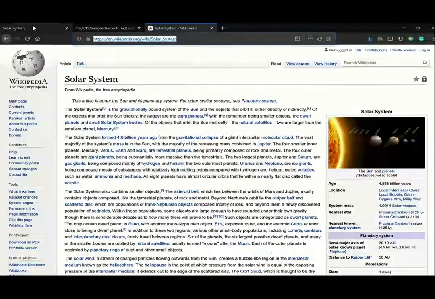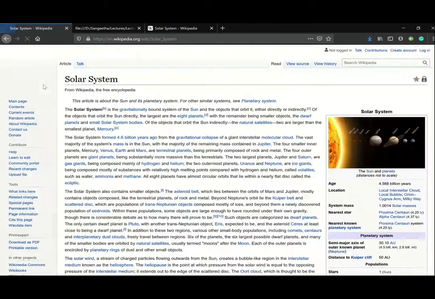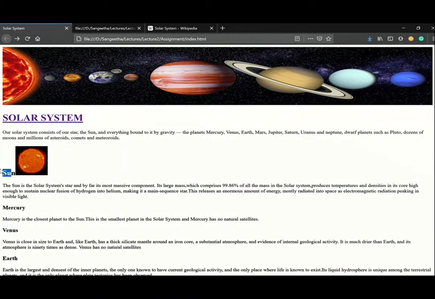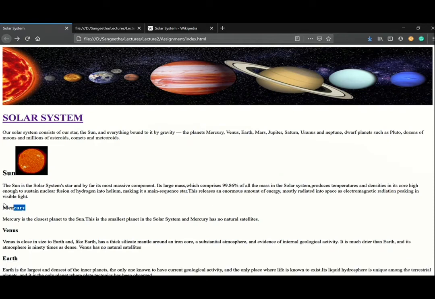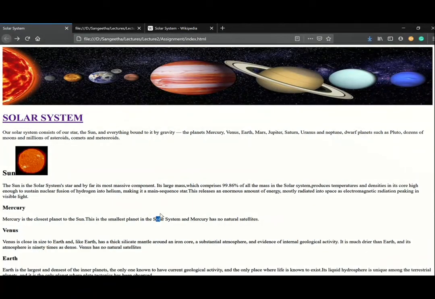Save and refresh the page. Yes, now the heading solar system is a link. Once you click this, the page will redirect you to Wikipedia page for solar system. Here you can also create your own page for the solar system link. Just provide the proper address in the href attribute. Same like this, you can create link for all the other headings. It's your own wish to give the link wherever you want to. The main thing is you have to insert the links in your web page.